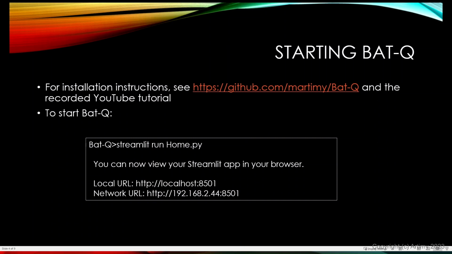Okay, to start BatQ, you have to install it. I already created a video about how to install BatQ, so you can refer to it. Quickly though, to use BatQ, you need the Batfish server and you need another machine to run the Streamlit app. Before you start, you have to set your Batfish server address as an environment variable, and then you execute the command written on this screen: streamlit run home. Home is the starting page for BatQ. Once you do that,